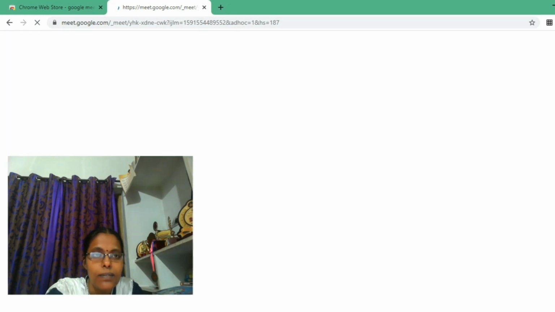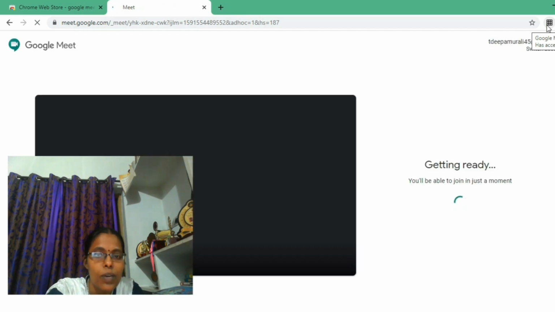It's loading. See this Google Meet Grid View button, that is available here because we added that extension from the Google Chrome Web Store. It's getting ready.